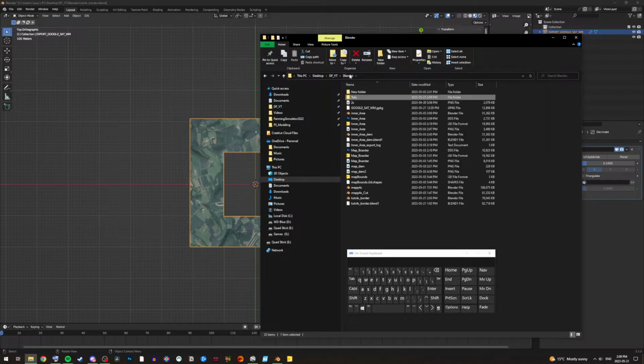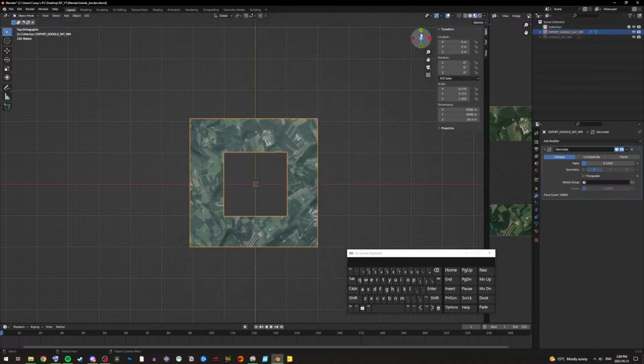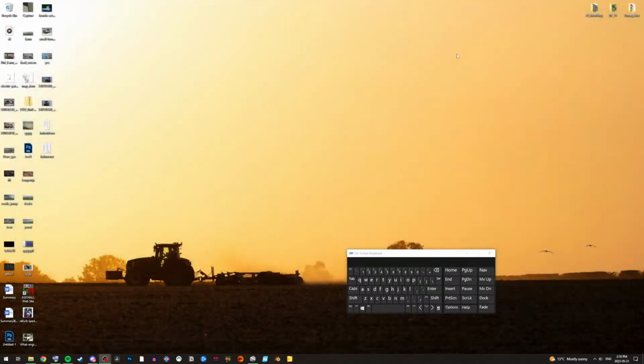And now we need to get an empty version of a map, whatever map. I'm going to just save this, then close Blender. I'm going to open Giants Editor. I can close